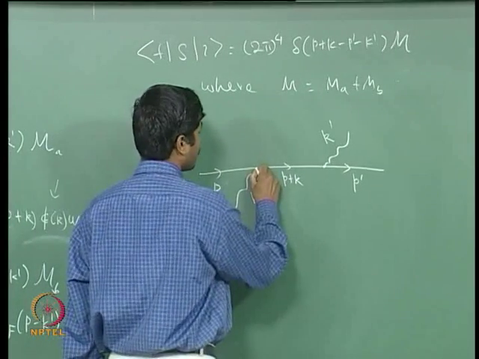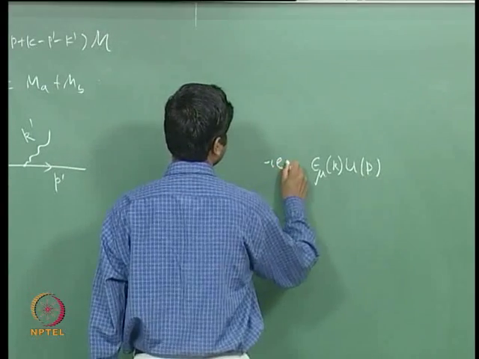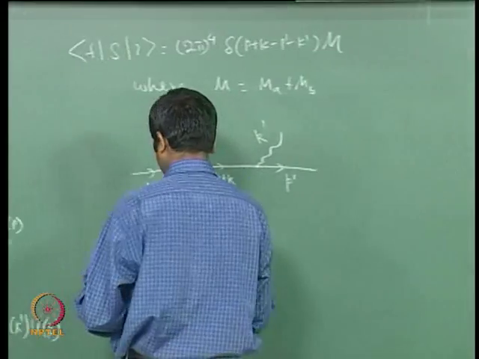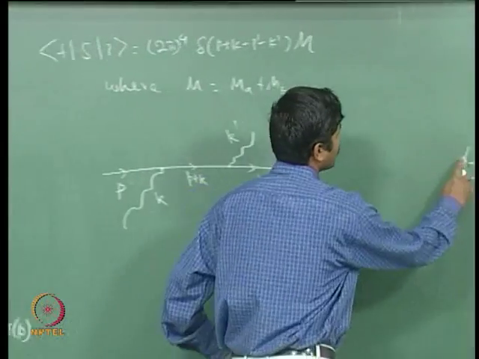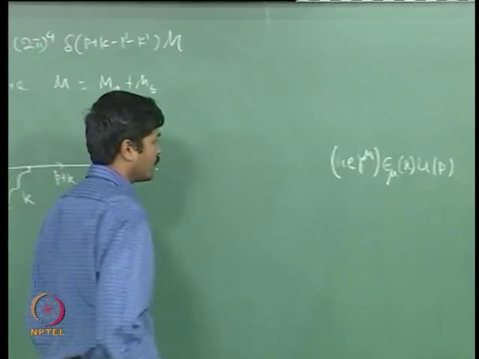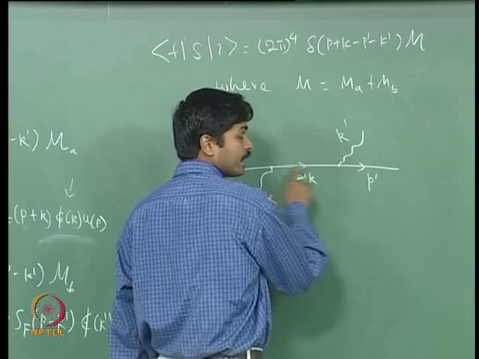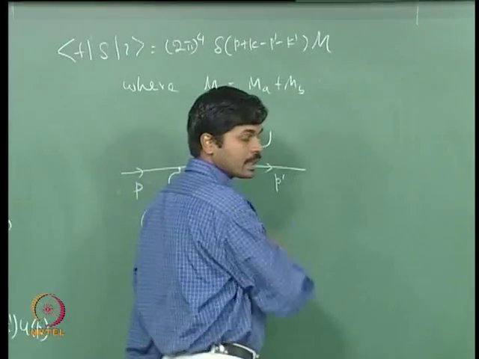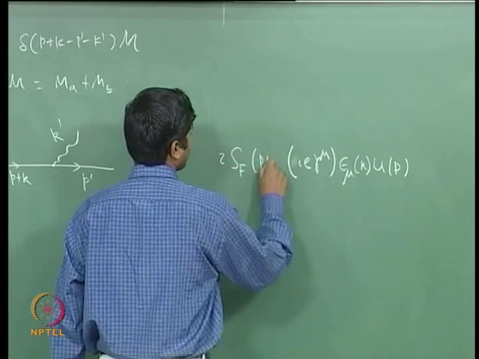They interact, and for the interaction vertex you write minus i e gamma mu, or according to our notation it is plus i e gamma mu. Then there is a propagator, fermion propagator of momentum p plus k. So I have i S_F of p plus k